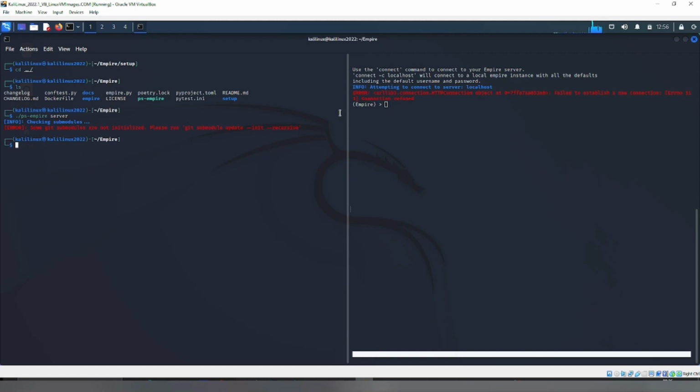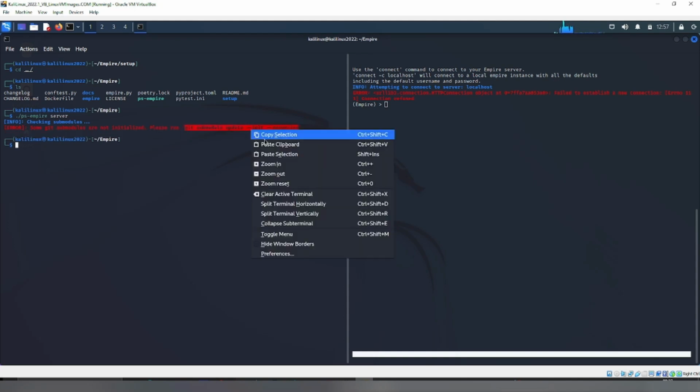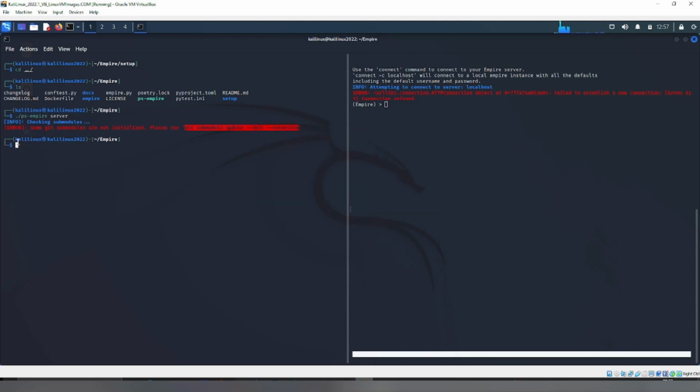Here it is showing the connection has failed to the server because the server didn't run. It's showing us an error that some modules are not initialized. It is also showing us a command to run to solve this problem. So just copy the command and paste it,